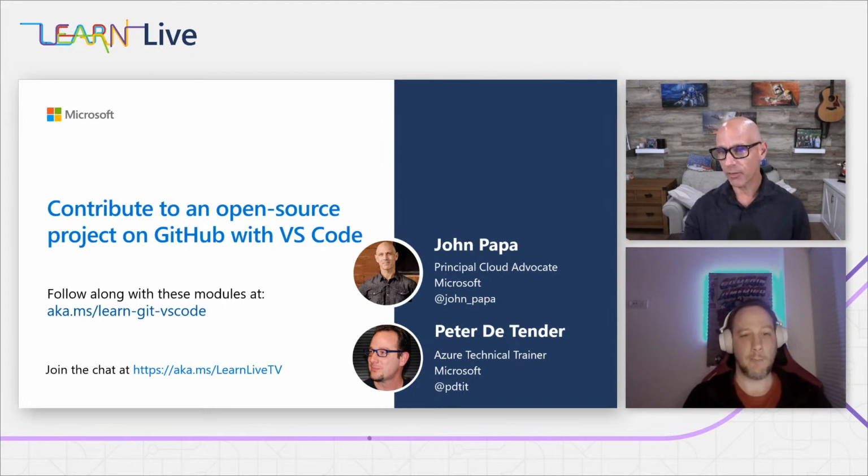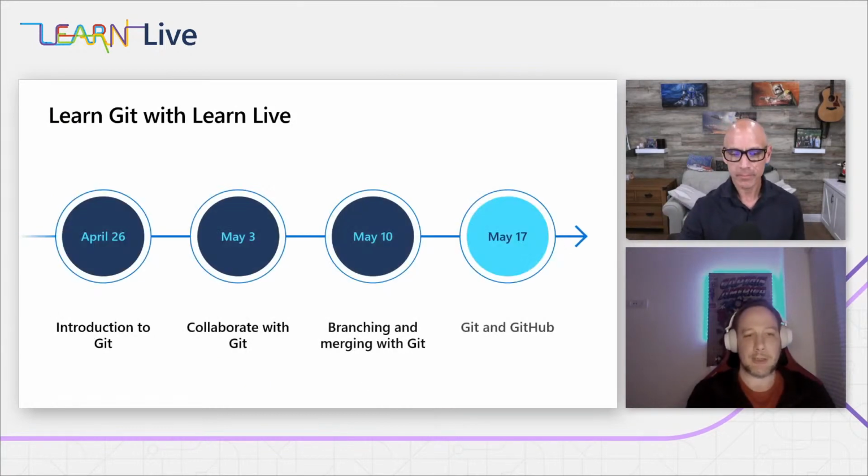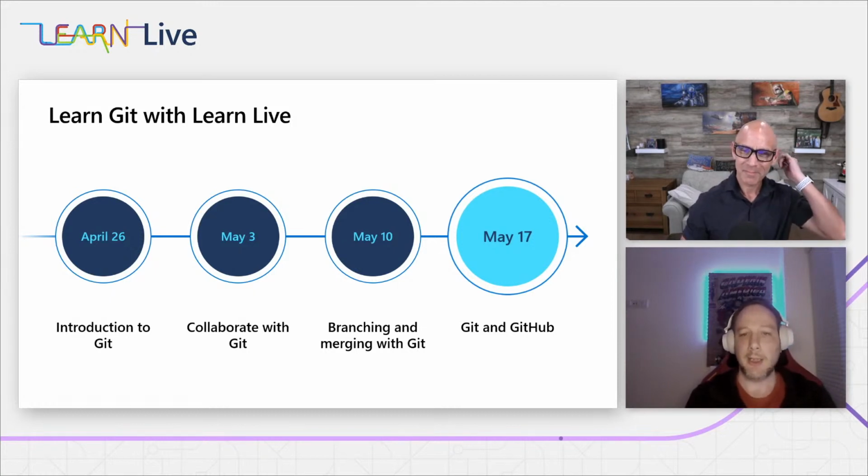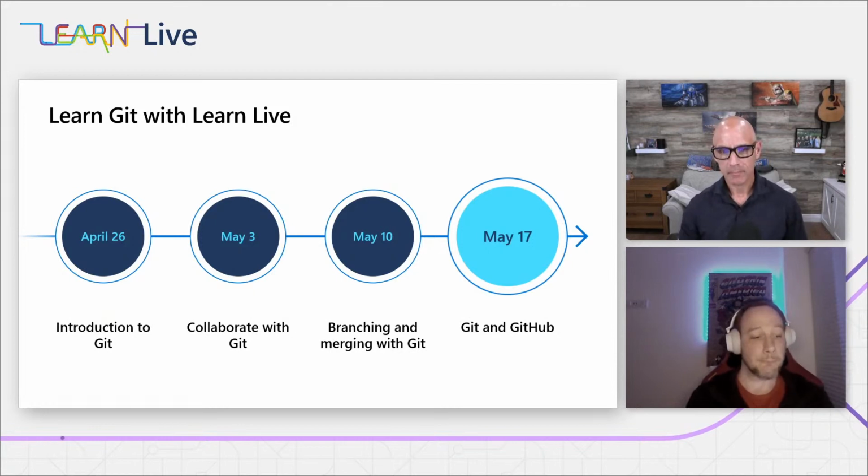And Peter, if I understand it correctly, you have gone through all the Git command line stuff. So today is all about VS Code with Git, right? Yeah, that's right. Just as a little reminder, this is edition 4, and somehow it seems like we only talked about Git yesterday. But in fact, it started about 3 weeks ago, where we introduced Git, really starting from the basics. That was on April 26th. For the ones who missed it, we have all the recordings available on Learn Live.